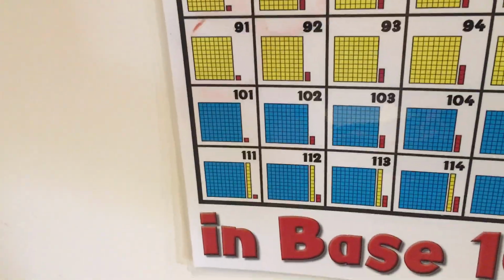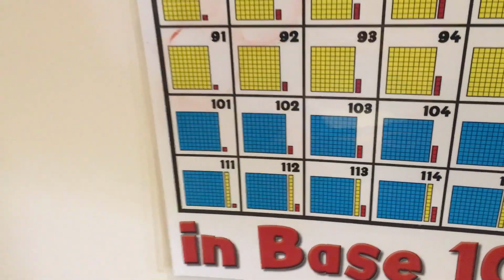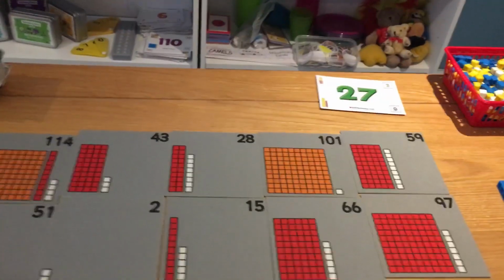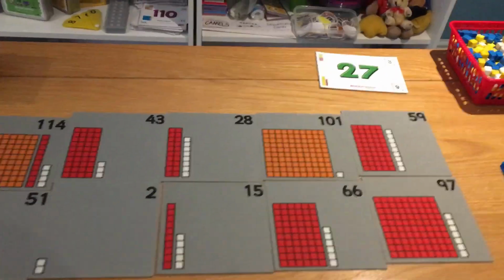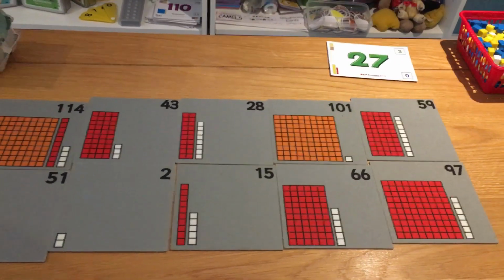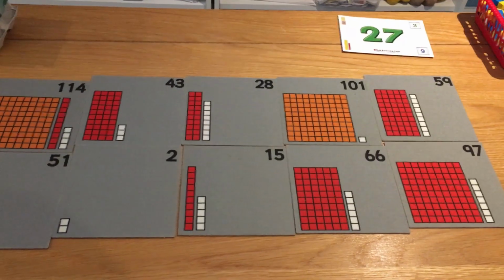Now, obviously, the colours are different on the number grid created by Sense of Number than on the resources that are created by TTS. But the idea is the same. It's basically like TTS have got the 100 grid and have turned it into large number tiles that can be used in class. I used this particular piece of apparatus, the TTS number tiles, last year in a school in